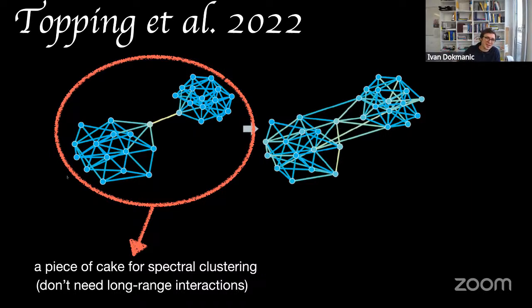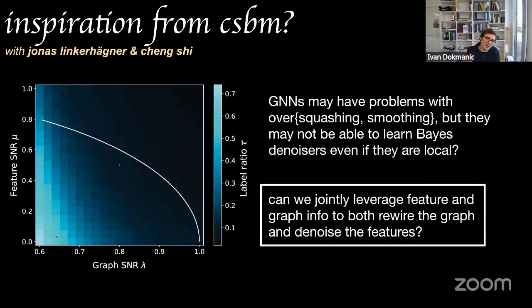What is your graph encode? So we looked at that through the lens of the cSBM. And we ask, what are the reasons for a GNN to underperform? One is geometric: there are bottlenecks, over-squashing, and also over-smoothing. The other reason is that graphs and features could simply be very noisy, and GNNs are not expressive enough to compute your unbiased classifiers and best denoisers locally, even when they are local. There's a lot of noise and they're just not expressive enough.